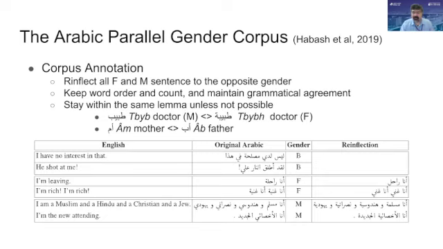We also included things like some items we tried to keep within the same lemma. So tabib becomes tabiba. You don't go tabib to doctora, for example. Just want to stay with the minimum change that happens in terms of the grammatical gender feature. And then things like ab, we made the decision that this is gender marked, inherently, and you have to translate the lexical item in that case. So ab to ukht, and so on.